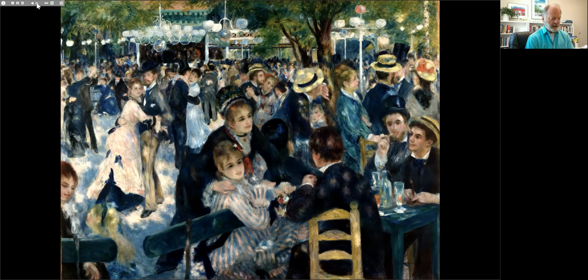This was an ambitious painting on Renoir's part. The painting is 4.5 feet by 6 feet in size. It was painted in the studio, but it's based on numerous sketches which were made on site. Renoir had artist friends model for some of the figures, and then assimilated these various sketches into the full view which you see here.